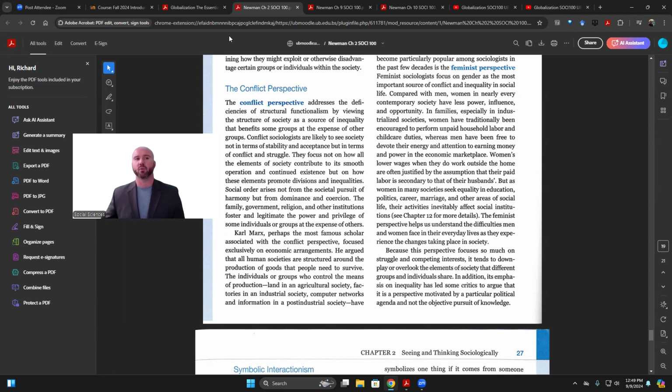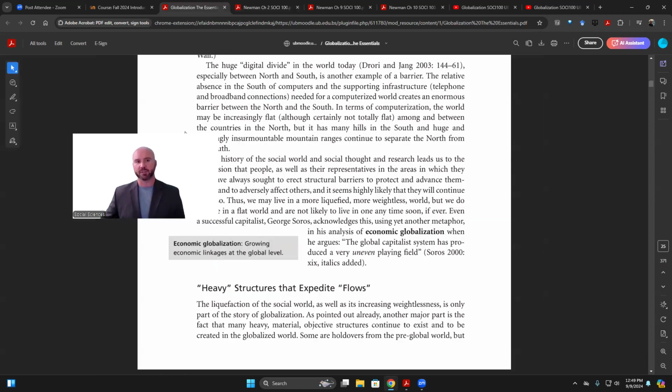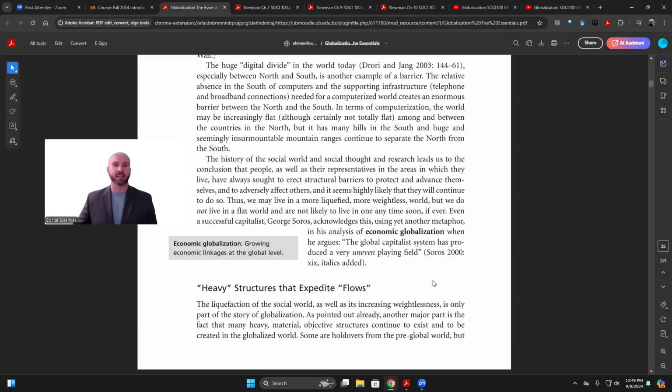It's very similar to the way that George Ritzer leads into his discussion of economic globalization. Again, economics being the particular focus of Marxian theorists. So Ritzer goes so far as to say the history of the social world and social thought and research leads us to the conclusion, only one conclusion, that people as well as their representatives in the areas in which they live,